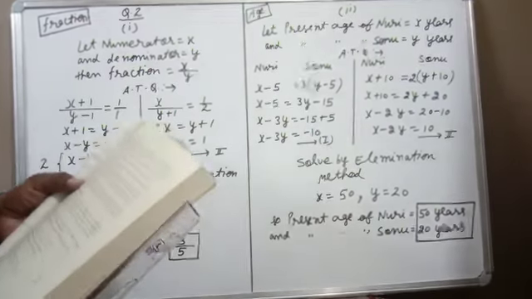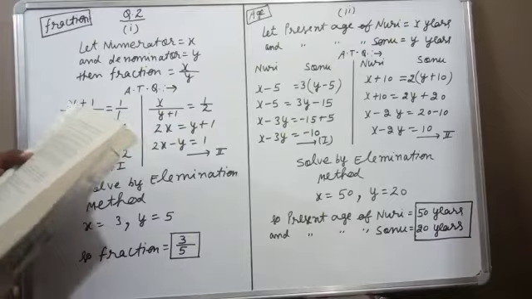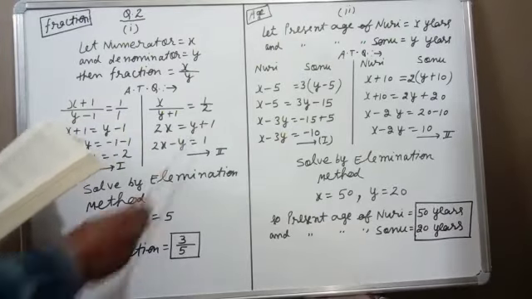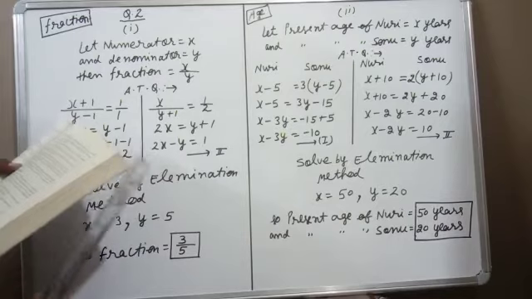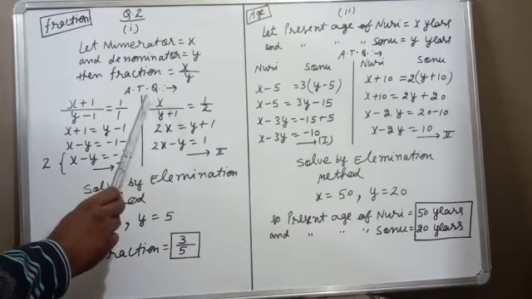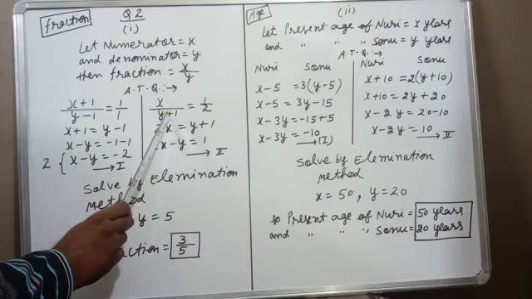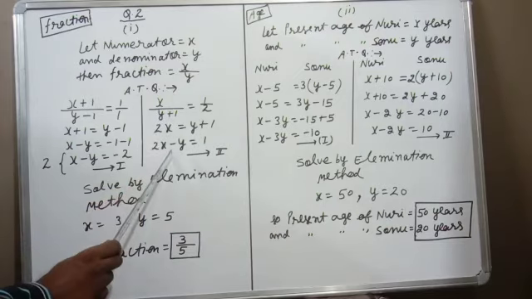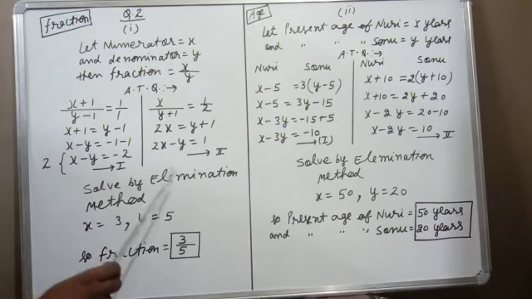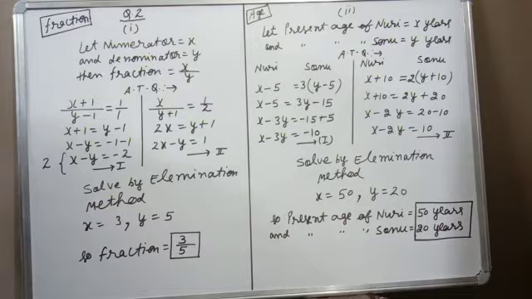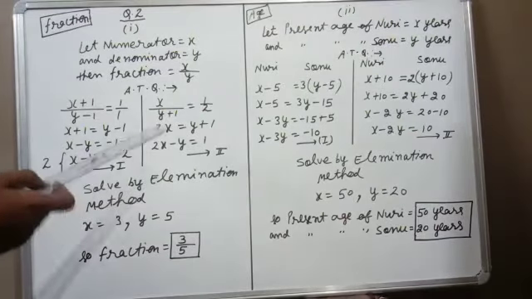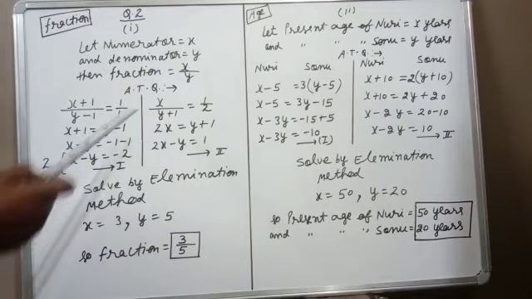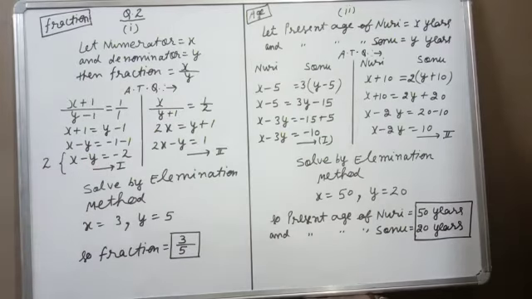Now second condition, if fraction reduces to 1 upon 2, we already discussed, here we will write 1 upon 2. If we only add 1 to denominator, numerator will remain as it is. We have to add 1 to denominator, again cross multiply, so we get this equation number second. Now we will solve these two equations by elimination method. We get x 3, y 5. So fraction is x upon y, so our answer is 3 upon 5. So the main point is this, that by reading the question, how we can convert the given situation in the form of the equations.